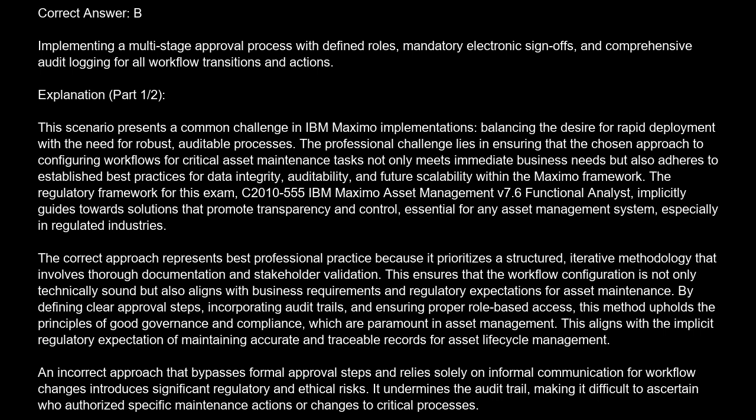C2010-555 IBM Maximo Asset Management V7.6 Functional Analyst, implicitly guides towards solutions that promote transparency and control, essential for any asset management system, especially in regulated industries. The correct approach represents best professional practice because it prioritizes a structured, iterative methodology that involves thorough documentation and stakeholder validation. This ensures that the workflow configuration is not only technically sound, but also aligns with business requirements and regulatory